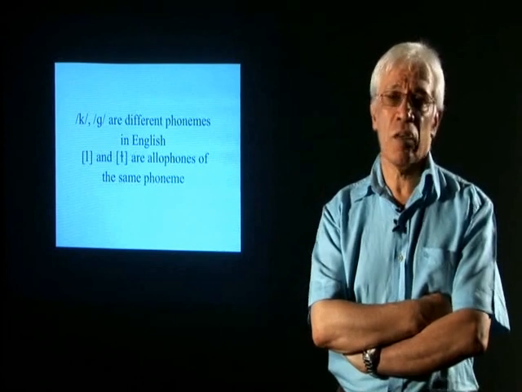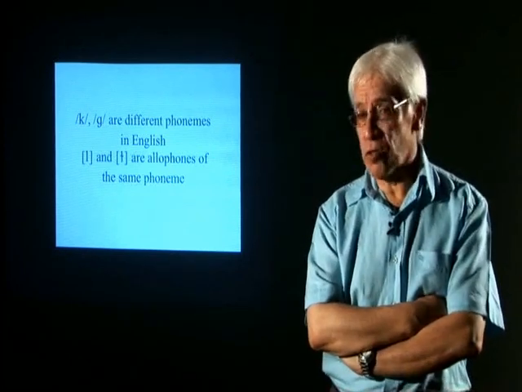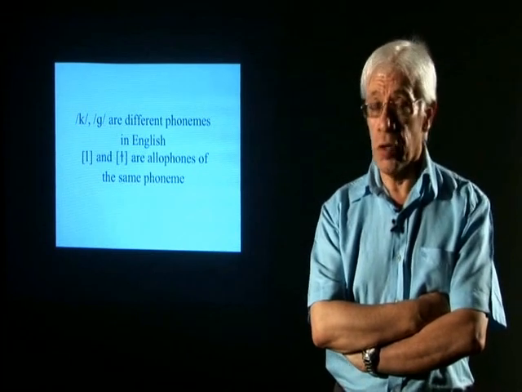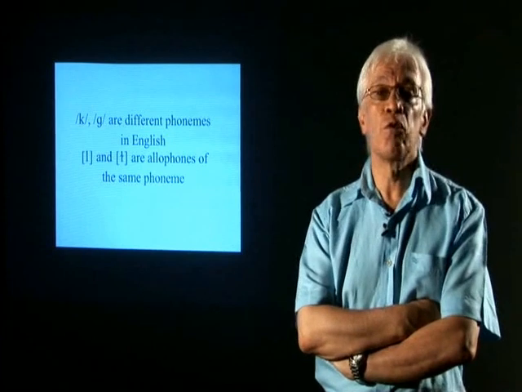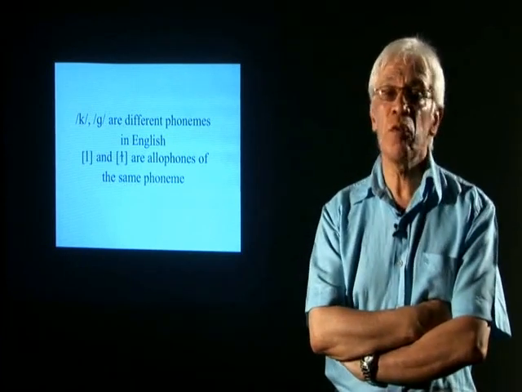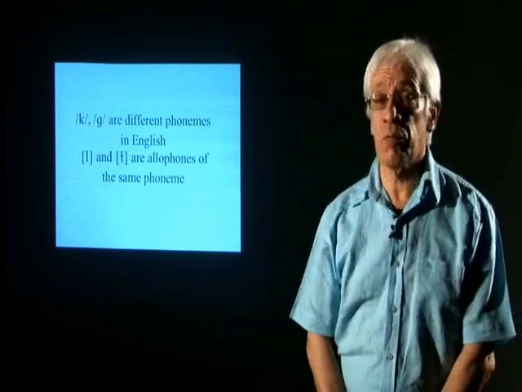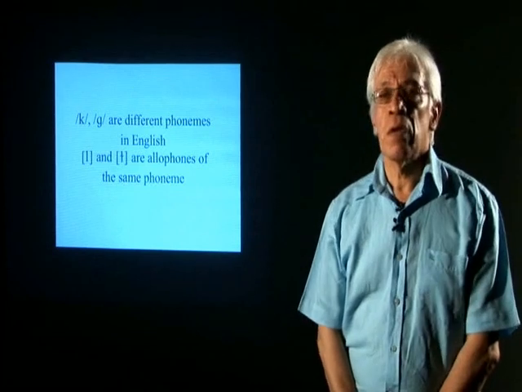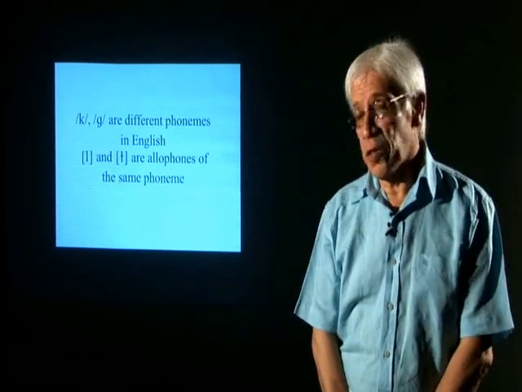The next task is to make a list of all those sounds which can function contrastively in English, all those phonemes of the language, those which can change the meanings of words. And we shall begin by listing the pure vowels. Let's begin with the pure vowels, then with the diphthongs, and then with the consonants. First, let's then consider vowels, as I say. Well, there are 12